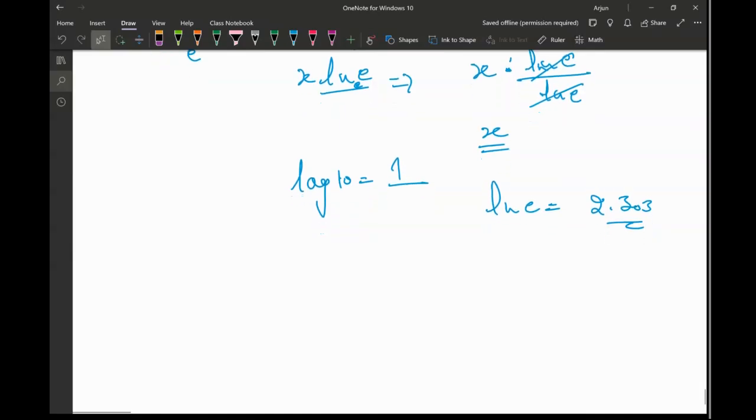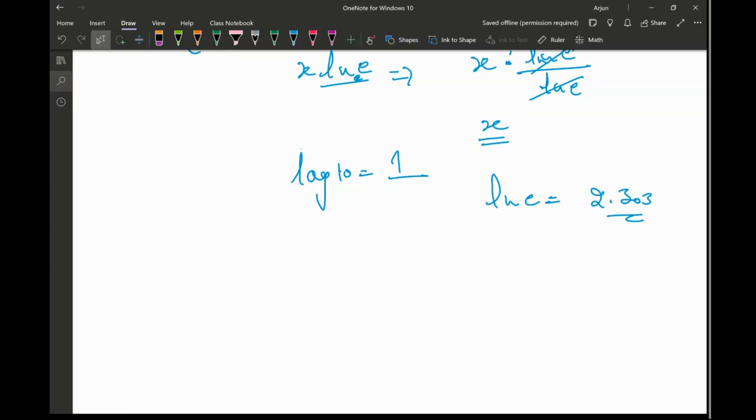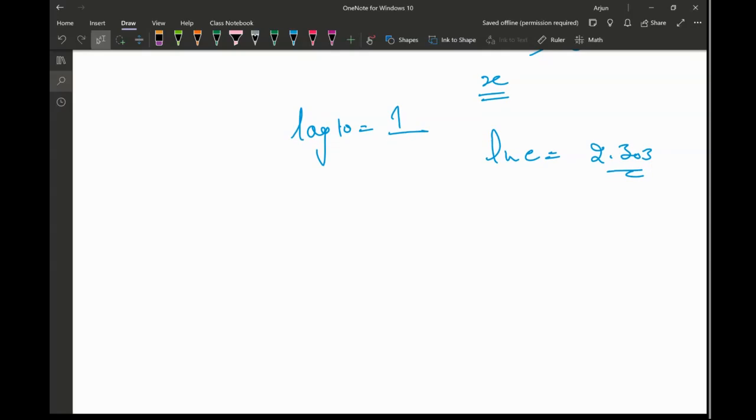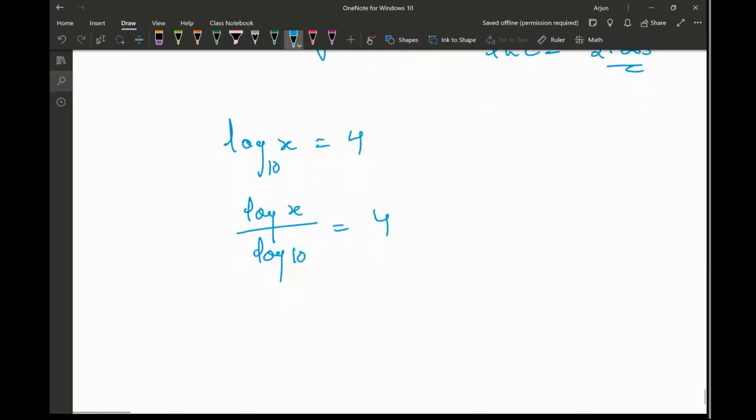All right, now I'm only going to talk about the ln formula here, and the other formulas I'll talk about later on. So I'm going to try and solve some questions based on these formulas. Here is the question given to me: log of x to the base 10 equal to 4. I want to find the value of x, so I can write it as log of x divided by log of 10, which is equal to 4, and then I can write it as